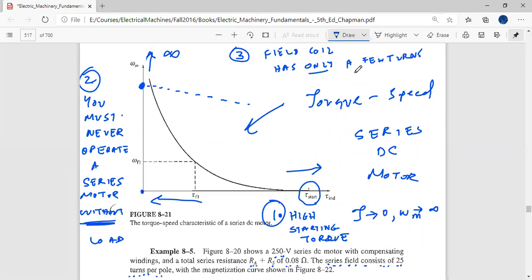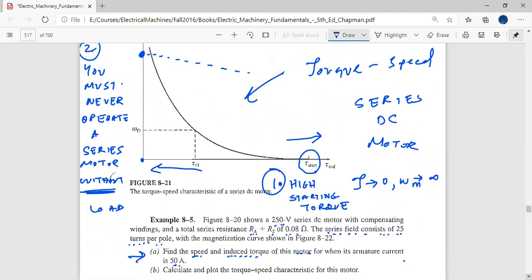Its field coil has only a few turns. It doesn't have many turns. This is another defining characteristic. And in this case, the series field consists of 25 turns per pole. Okay, so the series field has 25 turns per pole, and you will normally be getting data like this for